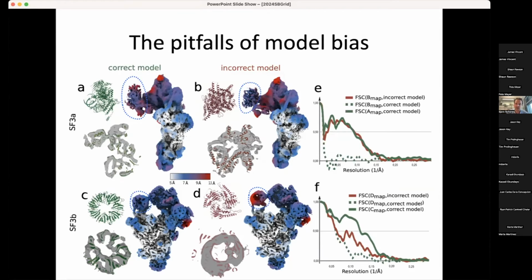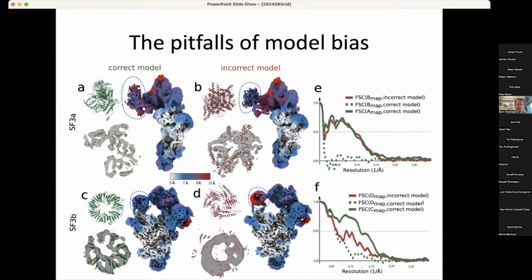So this indeed shows that there is room in the many parameters of the VAE for extensive amounts of model bias. So for any approaches that use explicit atomic models to model this type of heterogeneity in cryo-EM, one should consider that there could be an extensive amount of bias in the large number of parameters of neural networks to do this. Now, the more motion there is in these domains, the bigger the effect.